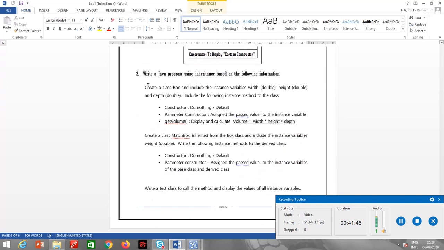The second program is you have a class called box. It has variables width, height and depth. It has a default constructor and a parameterized constructor, right? Then you have to write one method, get volume, and it should calculate and display the volume. Then you have a class called matchbox inherited from the class box, and it should include